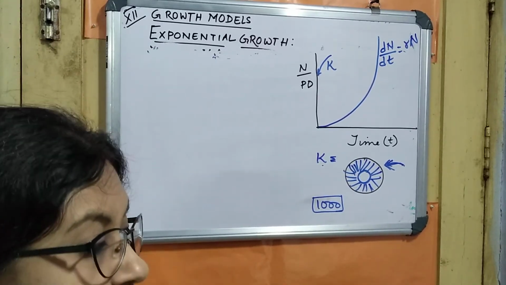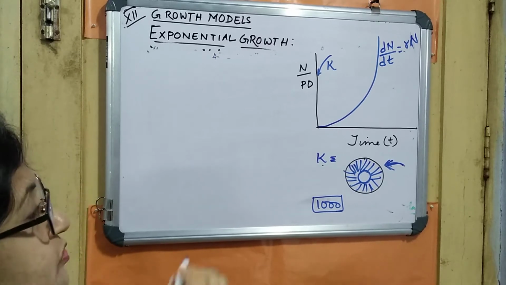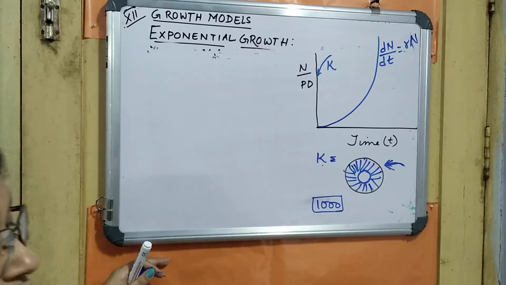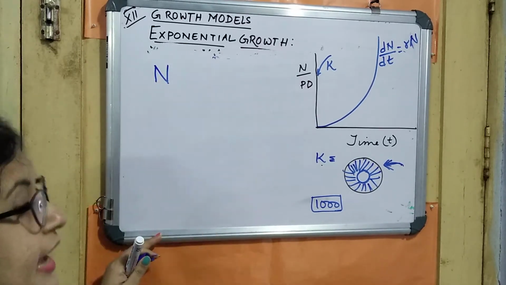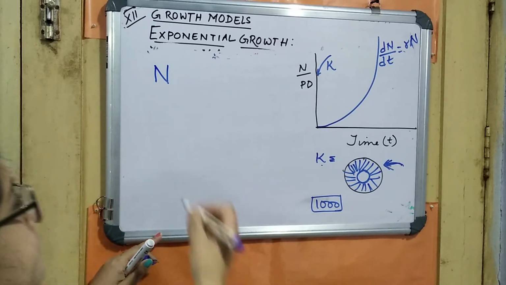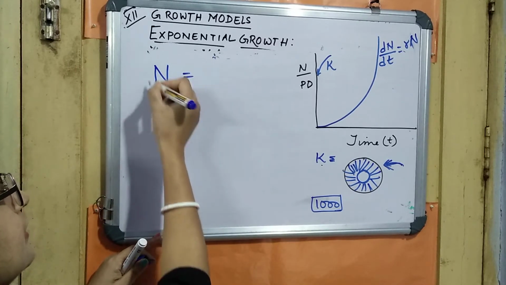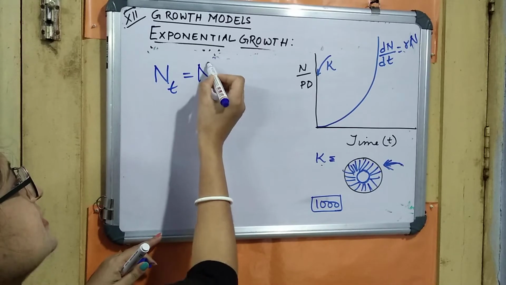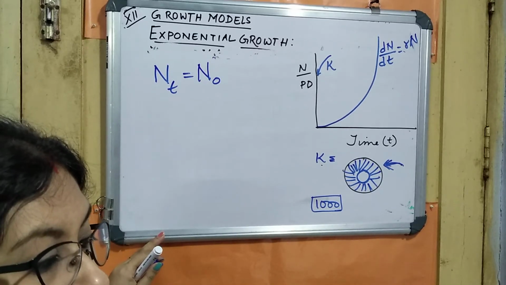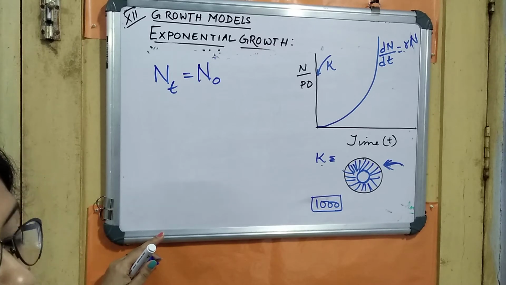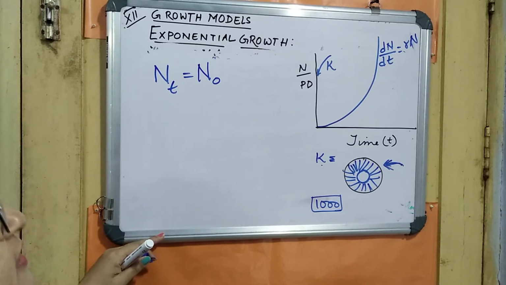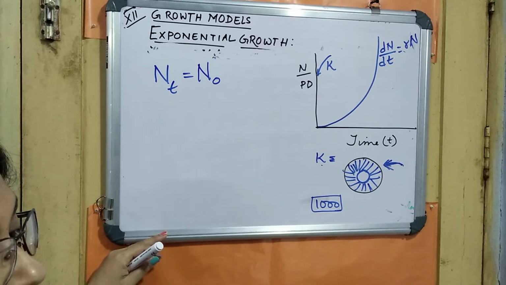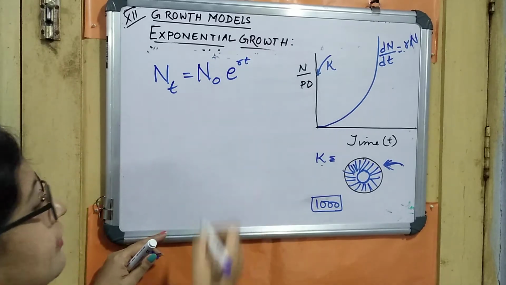Now here there is another form, the integral form of this derived equation. You have learnt your maths, so you know the integration. The integral form of this derived equation, how can we write? N is the population density, we know, that is Nt. That means for the time t, that is now. Suppose for the time t, the population density is Nt. And we will start from the original density, that is the N0, right? The Nt is the population density after time t, and N0 is the population density at the time 0, where we have started calculating. So Nt is equal to N0 into e to the power of rt.